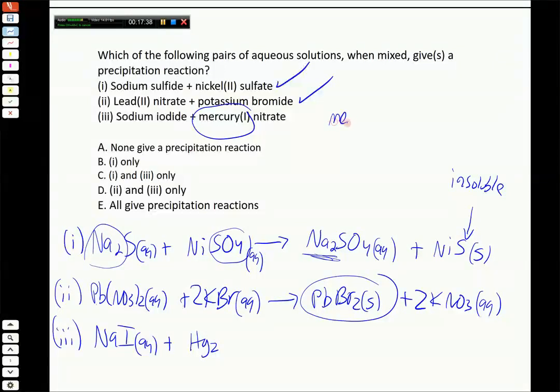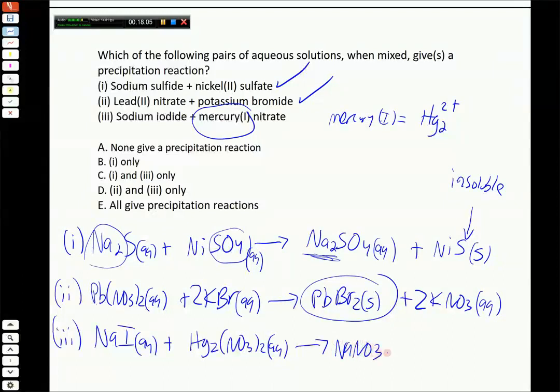So when we see mercury 1, what that actually is, it's a polyatomic cation, Hg2 2+. 2 mercury 1s bonded to each other. And if it's going to be with nitrate, it's going to be Hg2(NO3)2. Now, whether we realize that little detail or not, we can write the products now. We have sodium paired with nitrate,